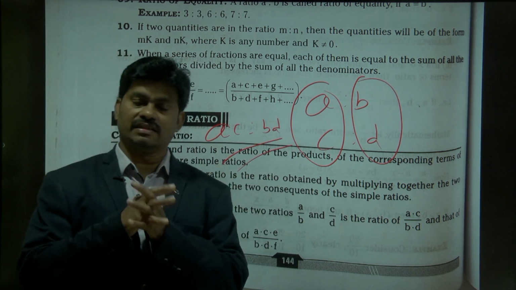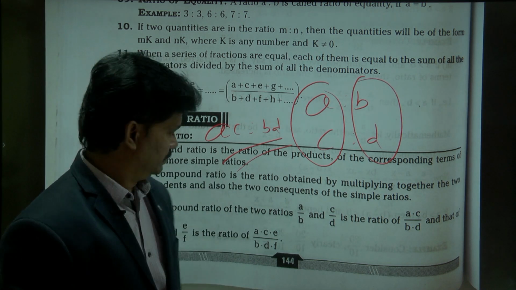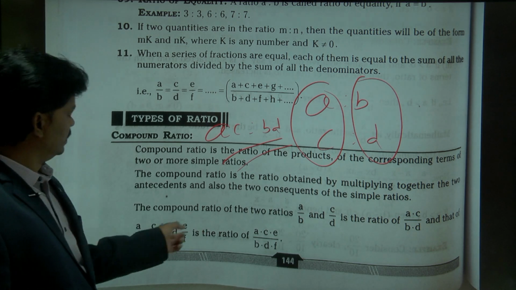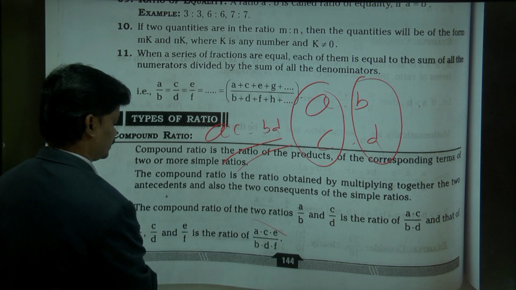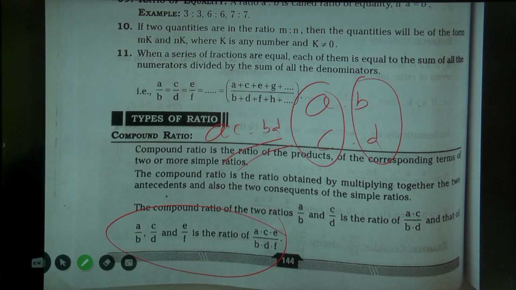Two ratios we are combining into one ratio. Three or four more also we can do. If three are there, all the antecedents and consequents: ACE is to BDF. Please check this. This is an important note here. Compound ratio is the ratio obtained by multiplying together the two antecedents and also the two consequents of the simple ratios. Okay, so like that. Next,